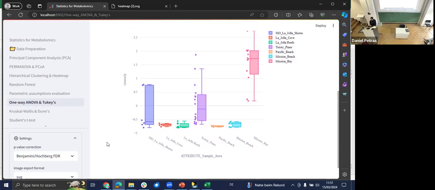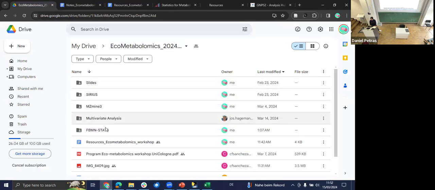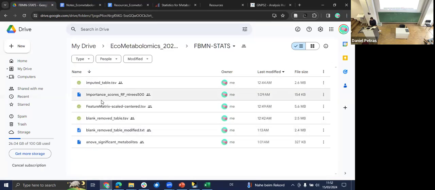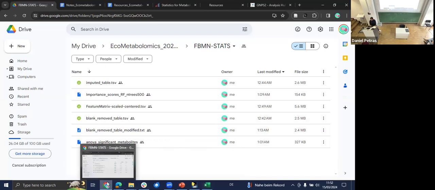Okay, this is all I wanted to show here. But I already downloaded the one for the next session, and I put it in the FBMN stats folder in the resource and the Eco-Metabolomics drive, as I showed earlier. There you could find it in the FBMN stats. I already have some of the files there, for example, the ANOVA significant metabolites. And we also have the importance scores from random forest. Since we did one univariate test,